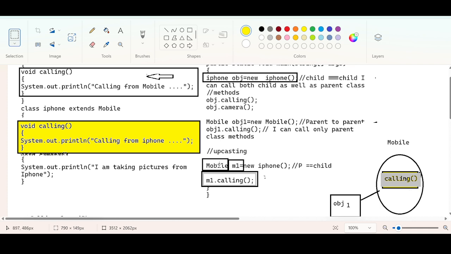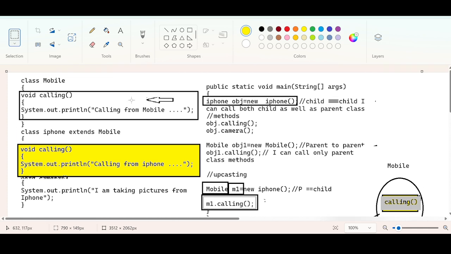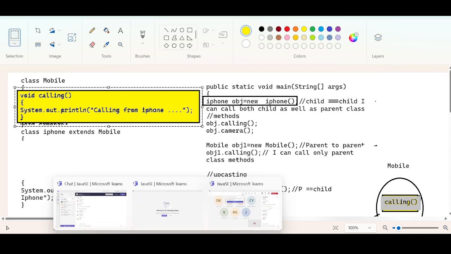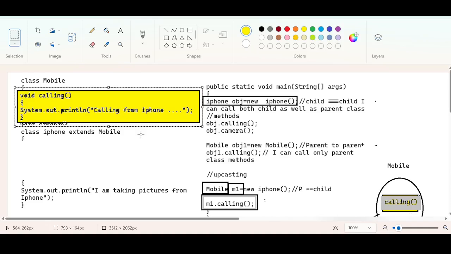M1 is of what type? Mobile type. Control will go to the mobile class and try to execute this calling method. But because of this upcasting concept, internally this will replace this. It will be overridden.